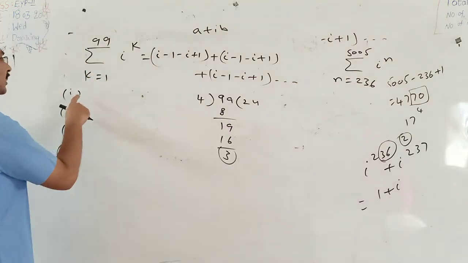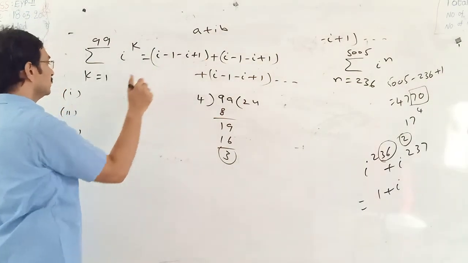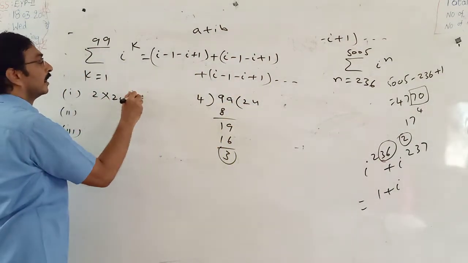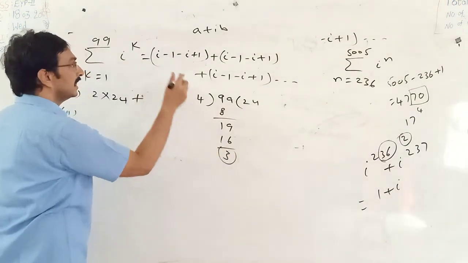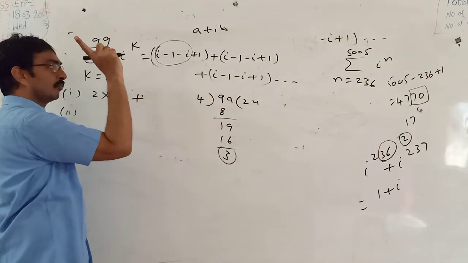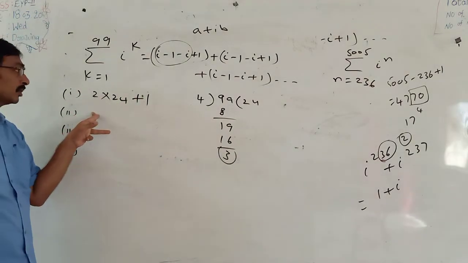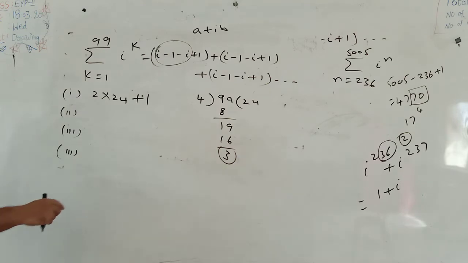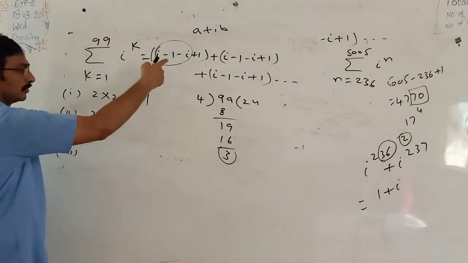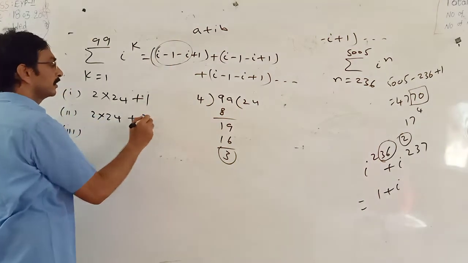See, first I am counting number of real terms. So in each bracket there are 2 real terms. Therefore, 2 into number of such brackets is 24, plus in these first 3, number of real terms is again one number, that is minus 1. So this is number of real terms. Next I am counting number of imaginary numbers. Same, in each bracket there are 2 imaginary numbers. 2 into 24 brackets plus in these 3 there are 2 imaginary numbers, therefore plus 2.